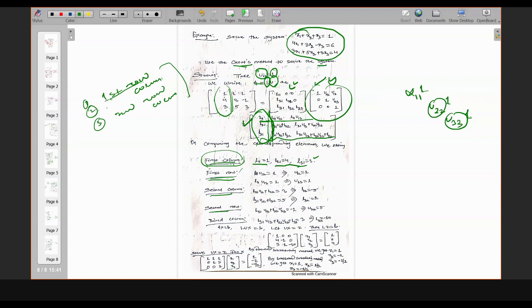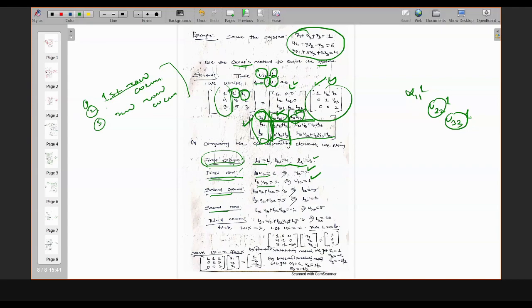Okay, so first column gone, then first row means this row. This element is already compared, and you had these two remaining elements. So you compare these elements with the corresponding elements 1, and this element you compare with 1. So after doing this, you got here 1 and 1. U12 is 1, U13 is 1. So first column, first row gone.